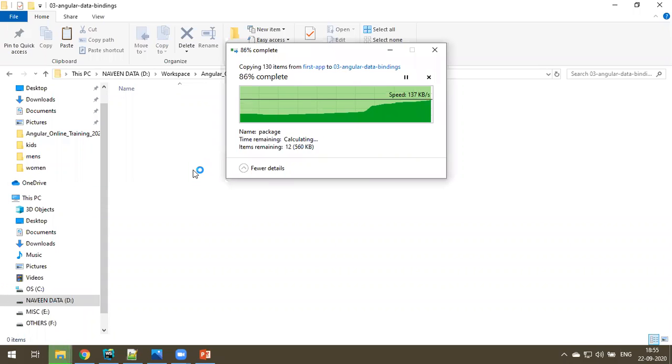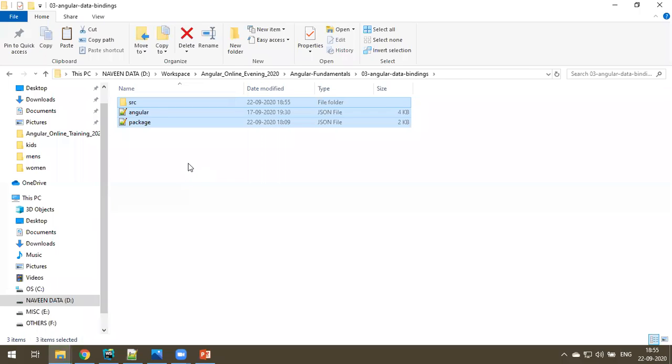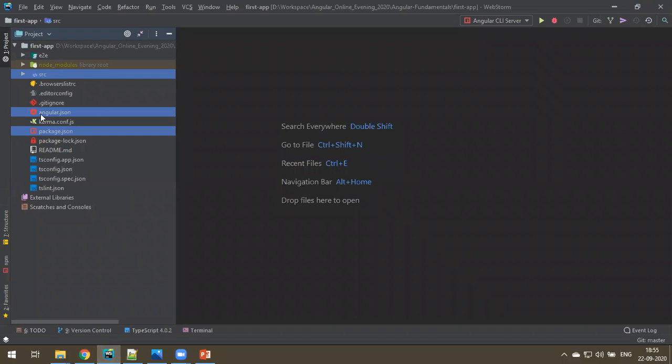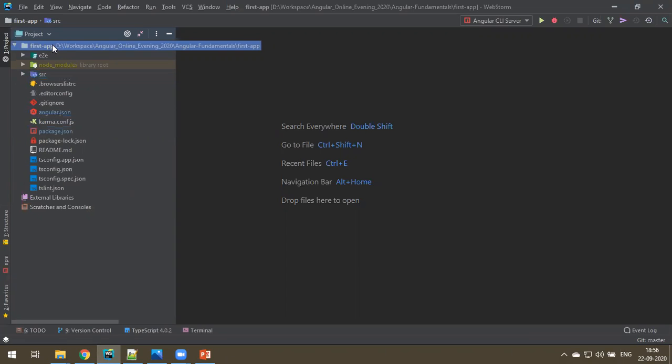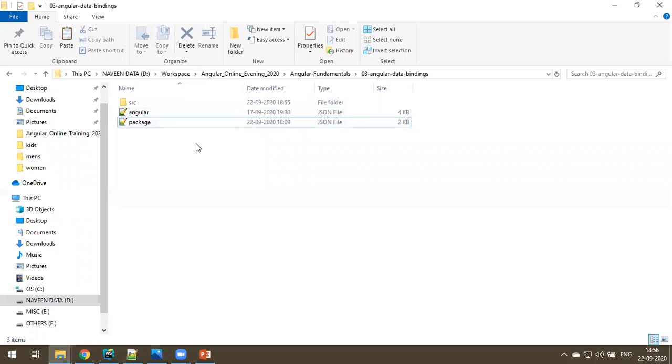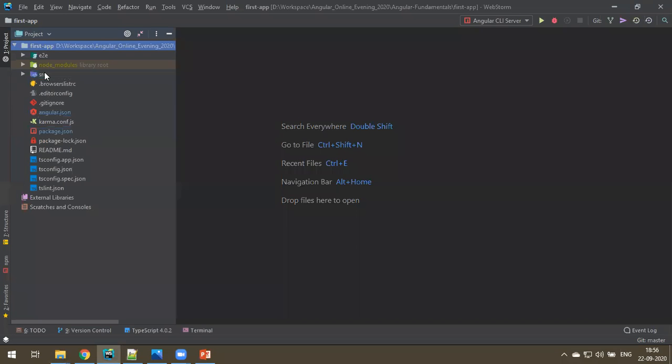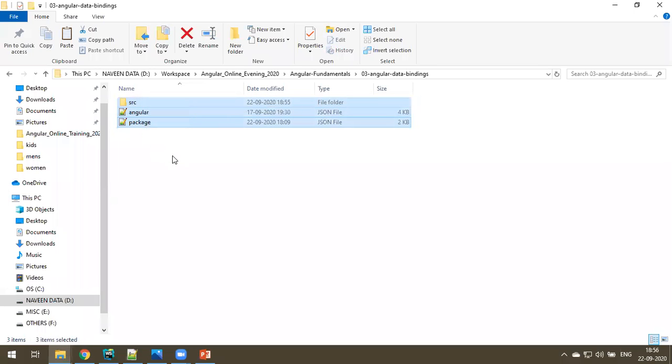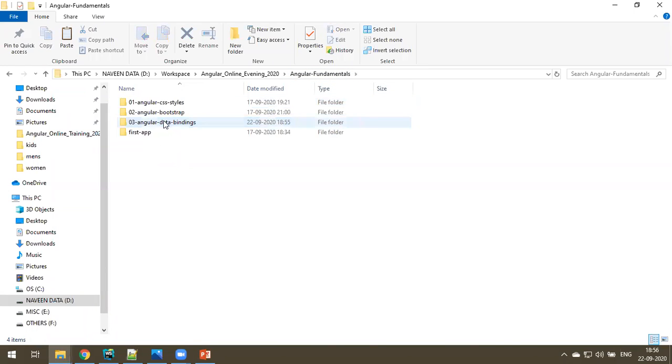So I have shared yesterday that examples, right? Some 2, 3. Today we have added new. So complete source code src folder, Angular package. Only these folders I'll share mostly for every project, for every application, because I don't need to share the whole application because time waste. You can create any application, you only replace these three files, it works. Okay, this create a full Angular application, this replace these files what I shared, so it will become a whole application. Okay, fine. So we have taken a backup.